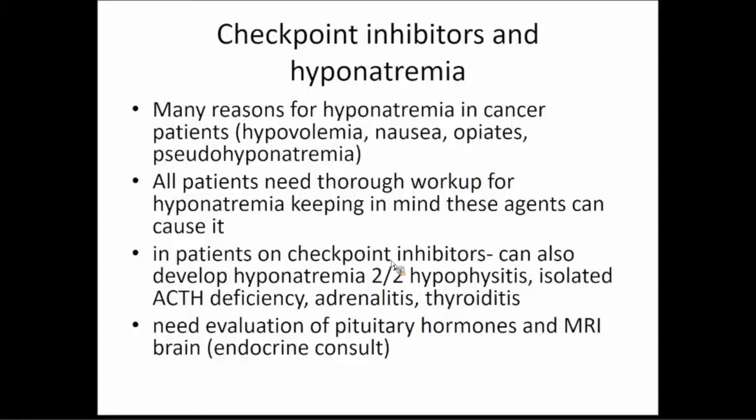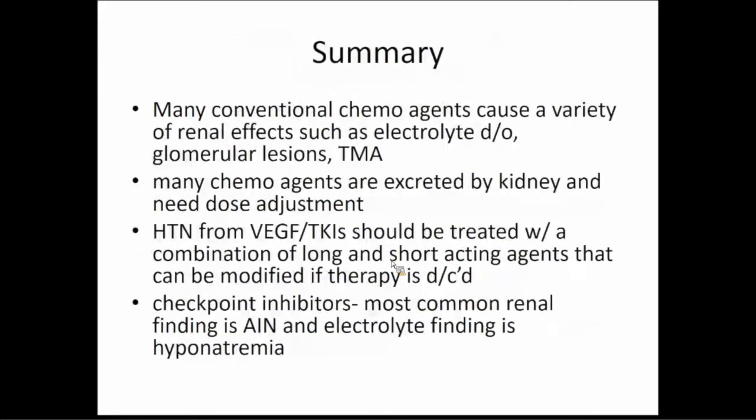So, ultimately, the patients with cancer and hyponatremia have to get a full workup. A lot of things can cause hyponatremia in these patients, and now we have to keep checkpoint inhibitors in mind as well. They can cause, again, hypophysitis, isolated ACTH deficiency, adrenalitis, thyroiditis. These patients need a thorough evaluation of their pituitary hormones, pituitary function, as well as an